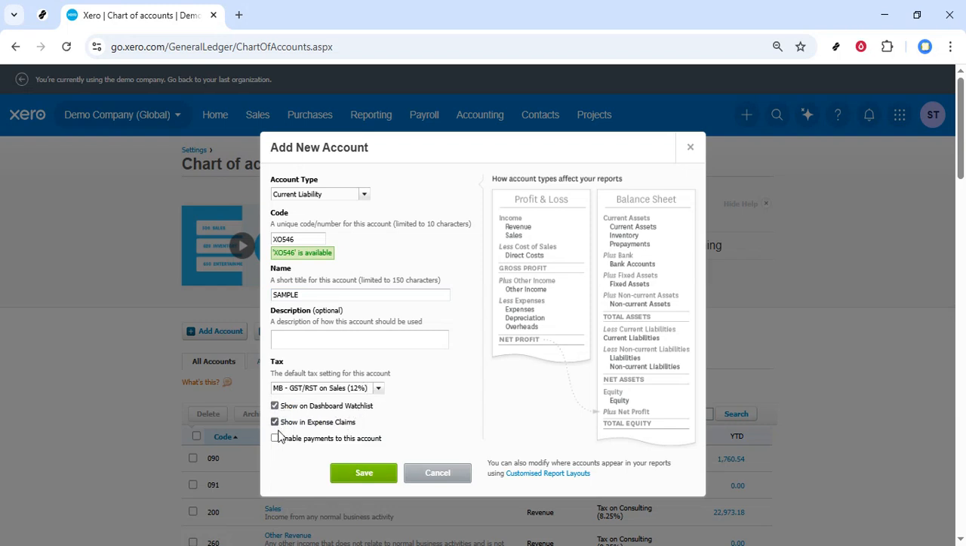You can choose to show the account on the dashboard watch list. This is helpful if you want to keep a close eye on certain accounts like key revenue streams or major expense categories right from your dashboard. You can also choose to show the account in expense claims. Turn this on if you want people submitting expense claims in Xero to be able to code their receipts or